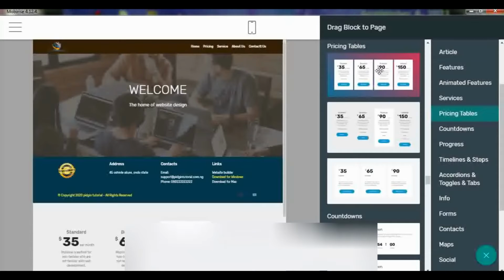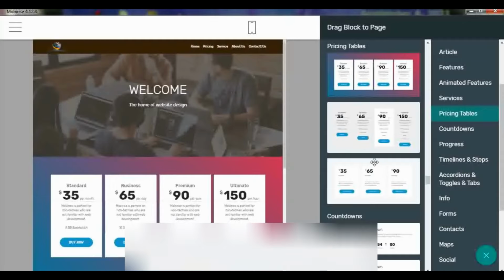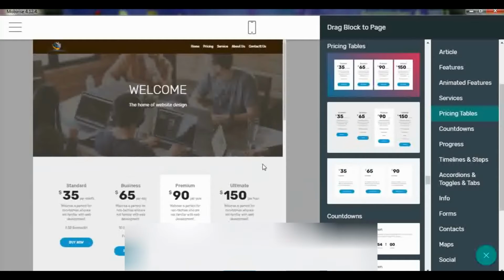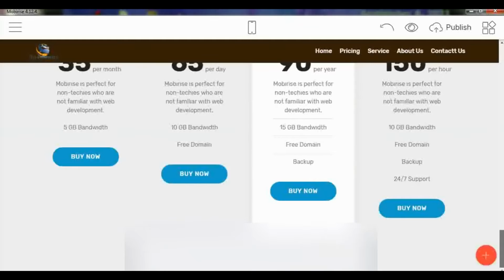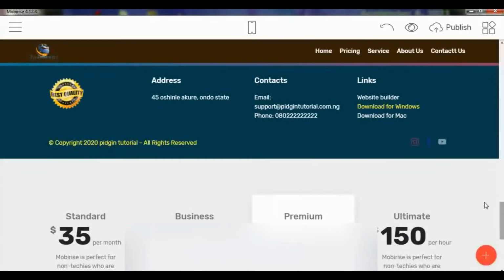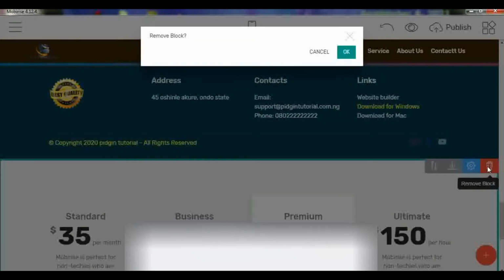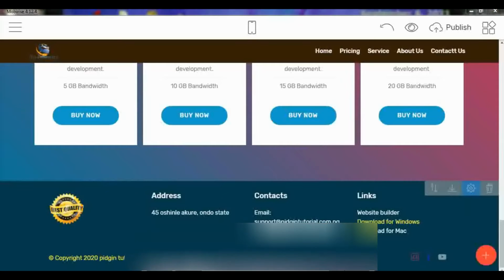I will select the three, and I will delete them later, but then we will use one. So you can click inside. Maybe we scroll down just now, I made a mistake, and this one can't go there under the footer, so I will just remove and delete them. Click on it, then click on remove. You're not supposed to stay under the footer. The footer should be at the end of the website.